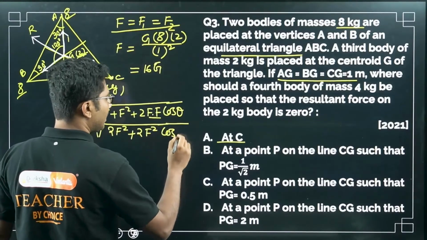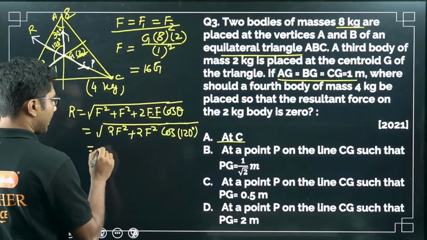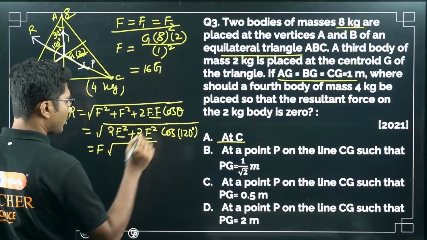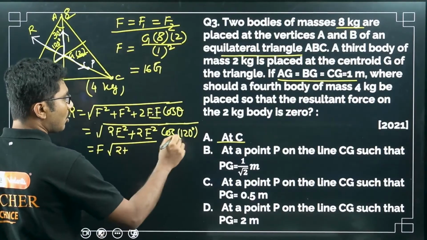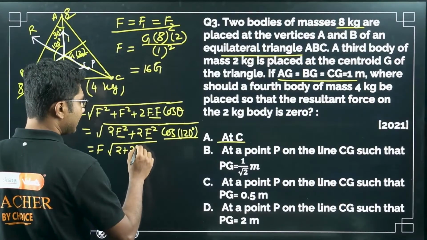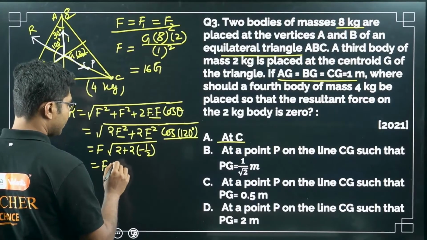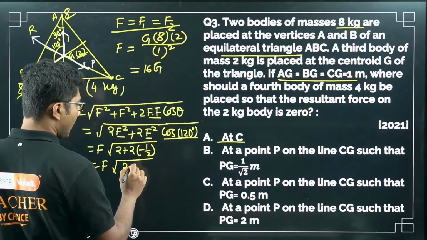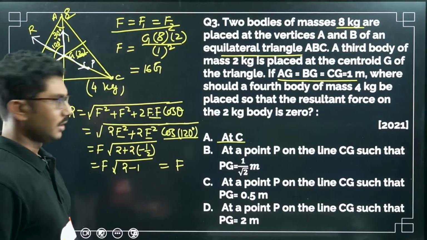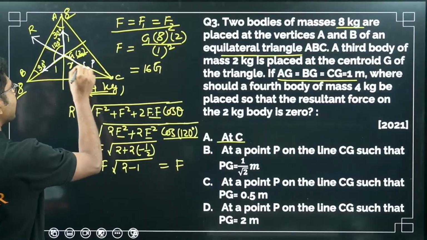Now, this angle will be cos 120 degrees. So you can write this as, f square will be common and it will come out of the square root, so it will become only f times the square root of 2 plus cos 120. What is the value of cos 120? I explained, cos 120 is minus 1 by 2. So f equals the square root of 2 minus 1, so it will be only f. Simple. Okay, so you have to place a mass of 4 kg somewhere here, say at a distance x,